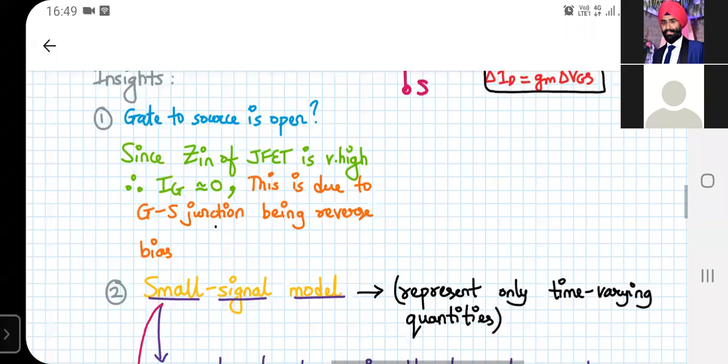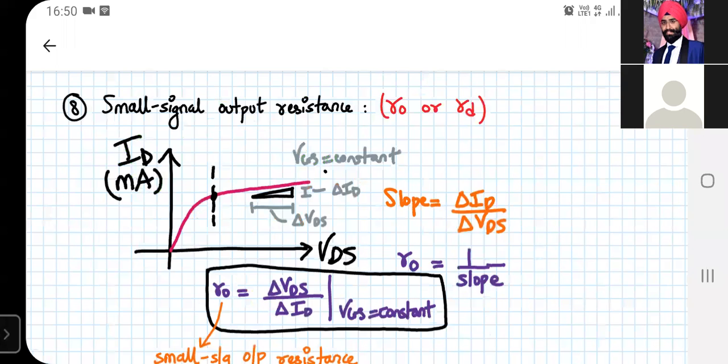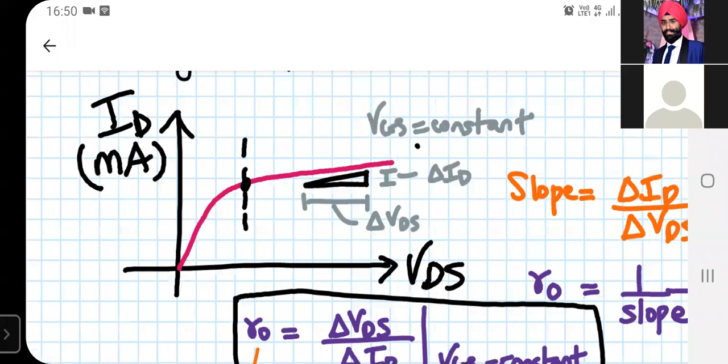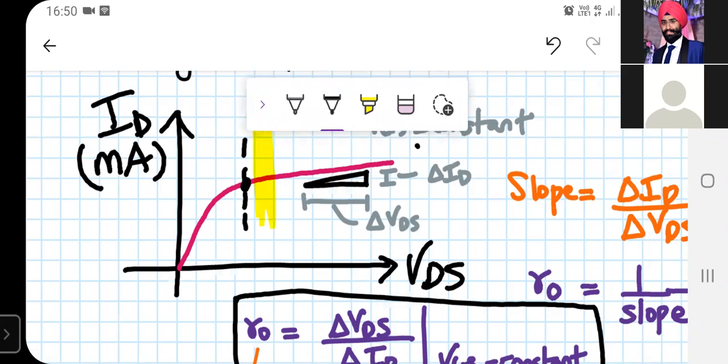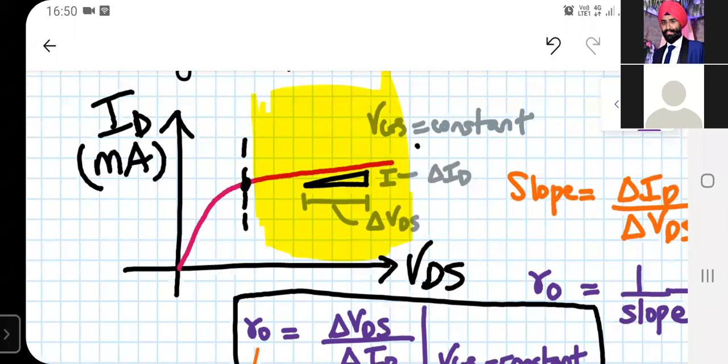Now there is one more term, and then we are done with the entire small signal model. I have already talked about this before. If you see the output characteristics of a JFET, we saw that in the saturation region the current is almost constant, but in reality it is not constant. Let me mark this region. This region over here is the saturation region. In this saturation region your current is supposed to be a constant value, but it is never constant,